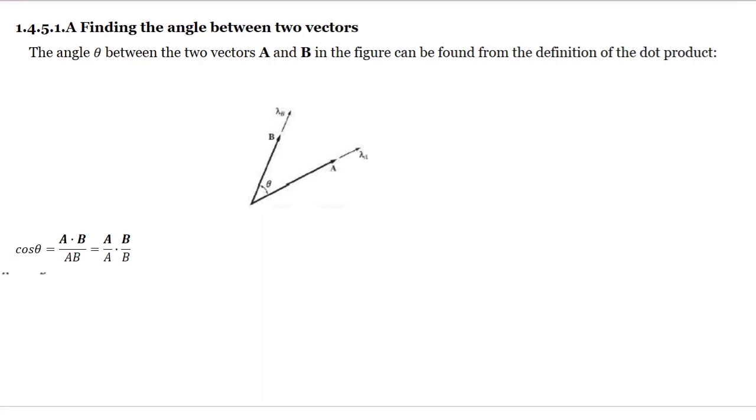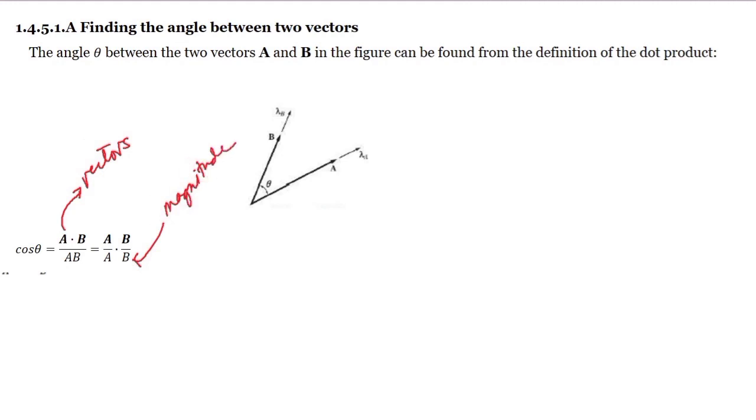So, from the definition earlier, these bold-faced letters here are the vectors, while these italicized letters here are the magnitudes. No? So, we can say that the cosine of theta is just equal to A dot B